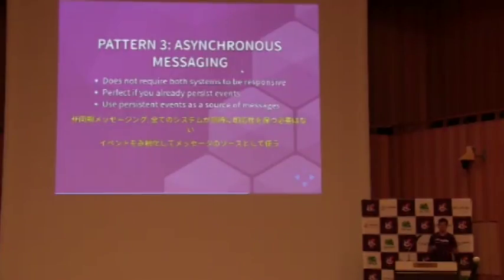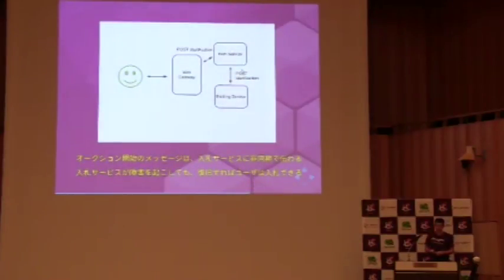So now when I start the auction, I'm going to get rid of that synchronous call to the bidding service and replace it with an asynchronous call to say that the auction has been started. And so then if the bidding service isn't running at the time, item service doesn't care because it's not using synchronous communication that requires the bidding service to be up. And so then later when the bidding service is fixed, it can handle that call and service the user's request.